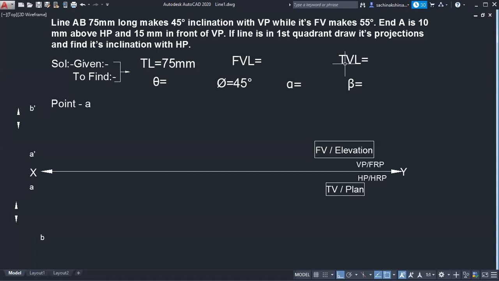मग हा 55 degree, is it alpha or is it beta? Alpha. It is alpha. This angle is given as alpha. Again, we should not make confusion. So this angle is again 55. Again I am unable to write the degree here. Suppose I will write 55 degree like this. Alpha is 55 degree.